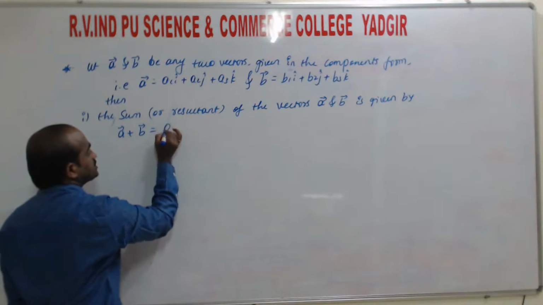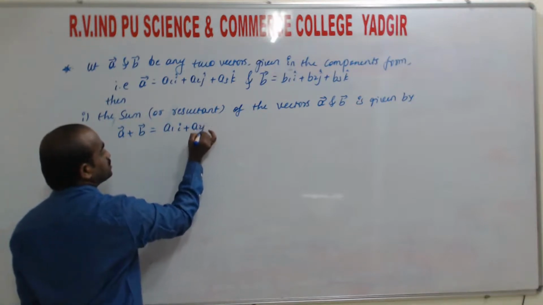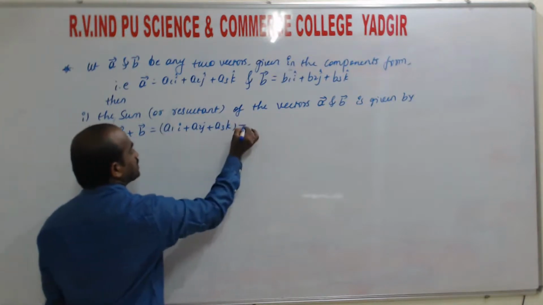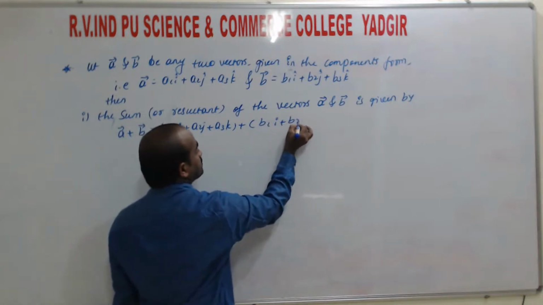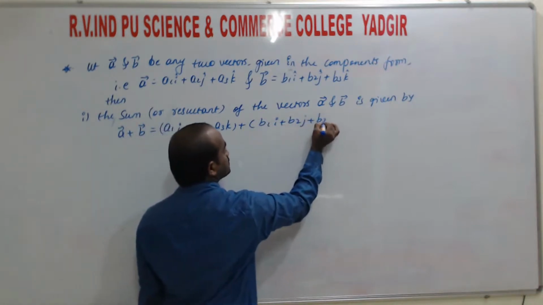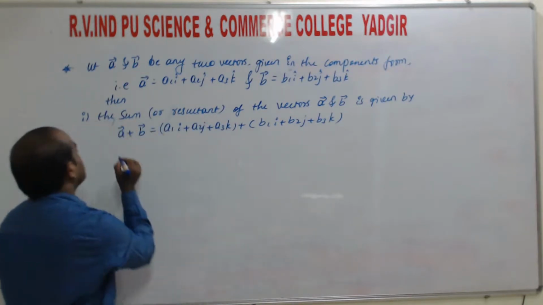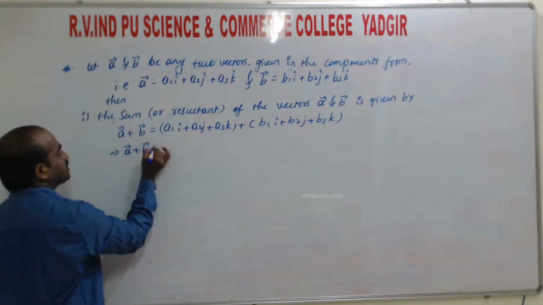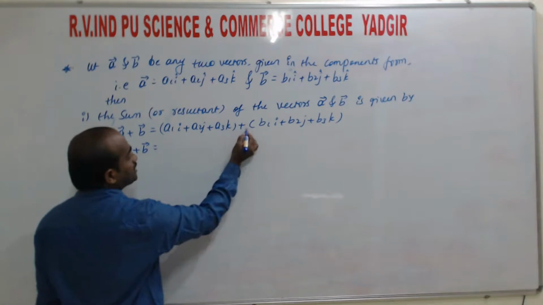A vector is a1i plus a2j plus a3k, plus b vector is b1i plus b2j plus b3k. This implies a vector plus b vector is equal to, separating i, j, k,